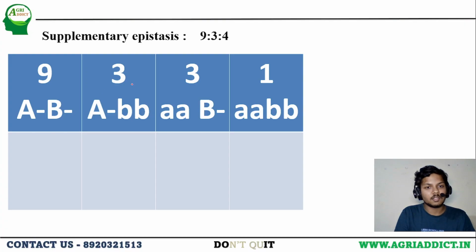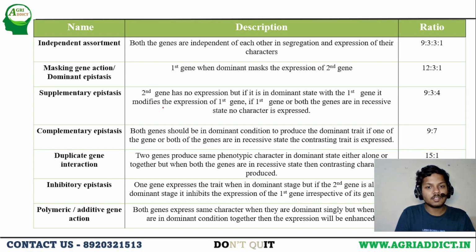Next epistasis is supplementary epistasis. In supplementary epistasis, there will be two conditions. The first condition is that the second gene has no expression, and when it is present with the first gene, it modifies the expression of the first gene. Second gene has no expression, and when it is with the first gene, it modifies the expression of the first gene. Whereas the second condition is